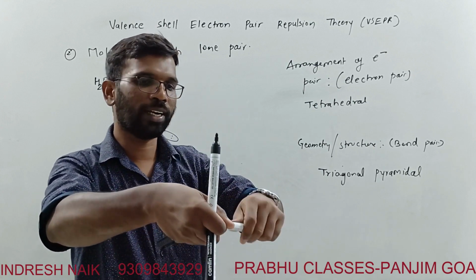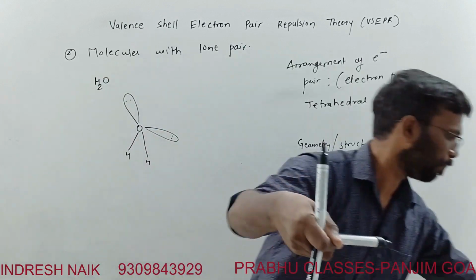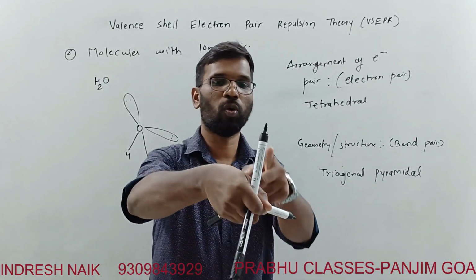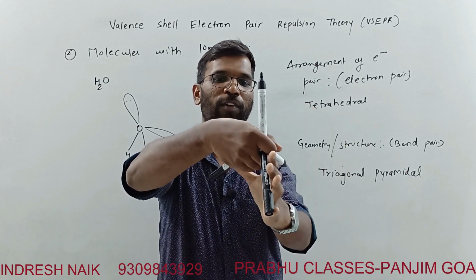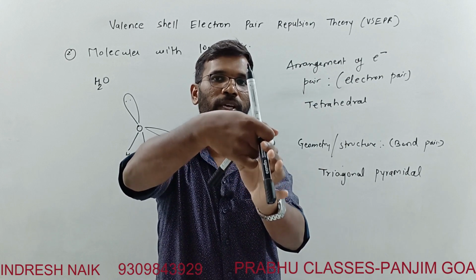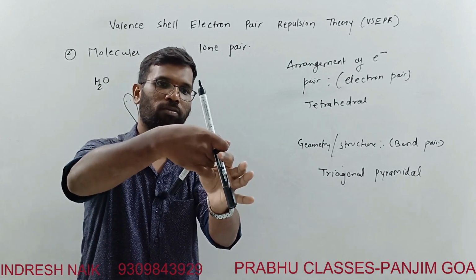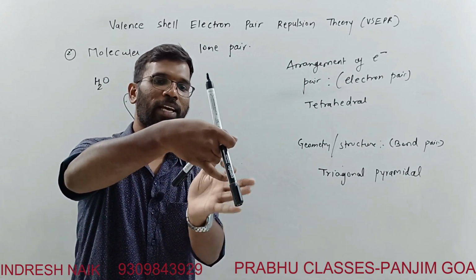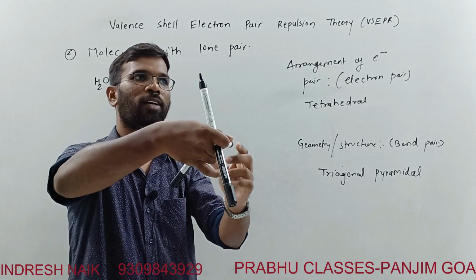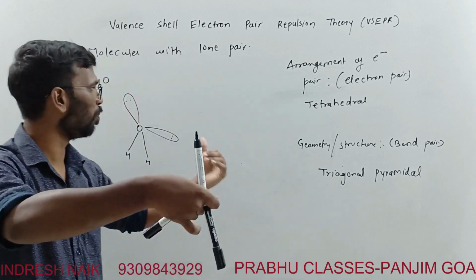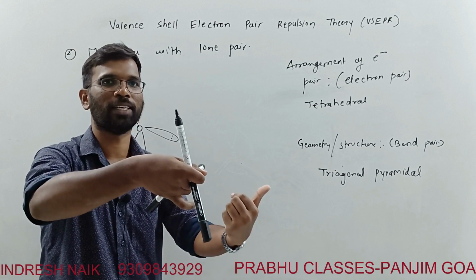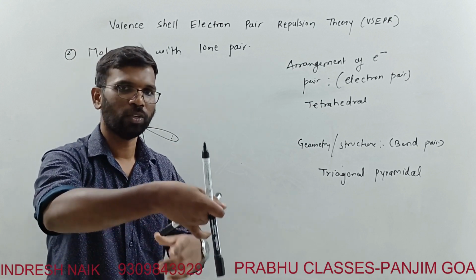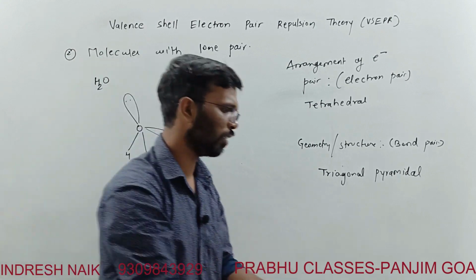But now these are not all bond pairs. Just understand that pairs without caps are lone pairs. These are lone pairs, these are bond pairs. So the lone pairs will tend to be at a maximum angle, and they will push this down. The bond angle here will be less if we compare that with ammonia. The actual bond angles will be less compared to that of ammonia.